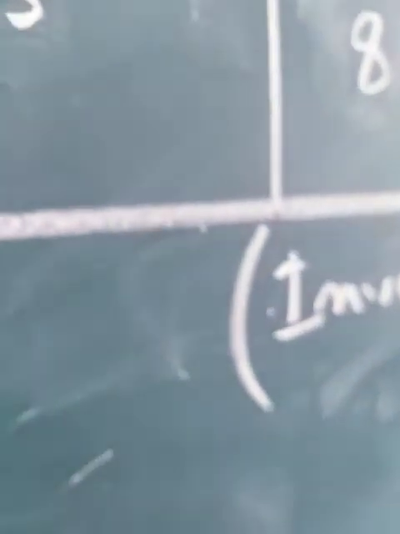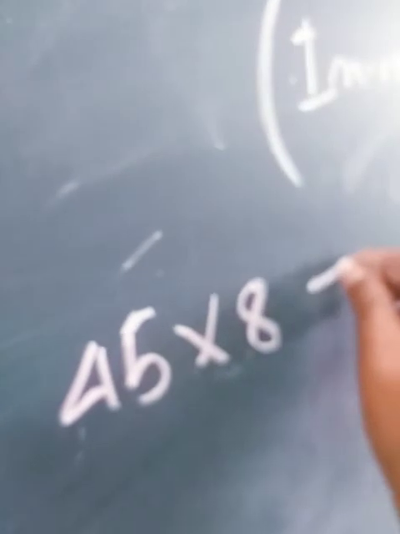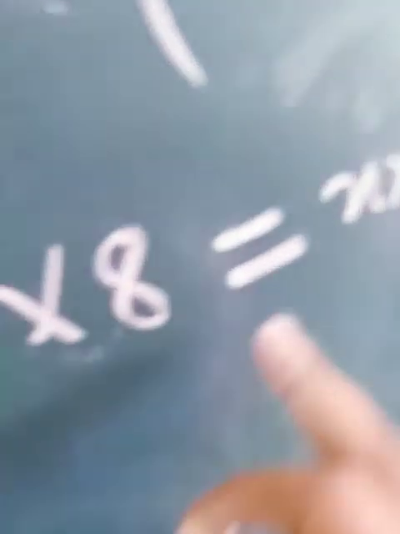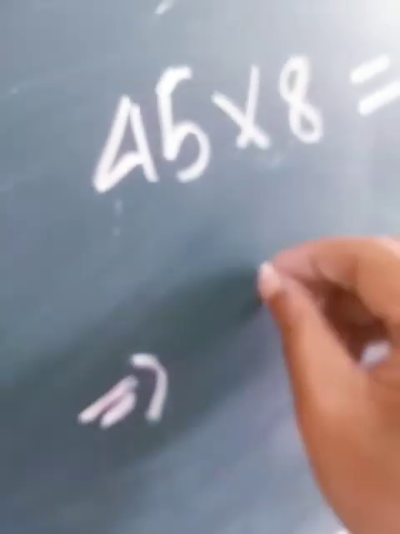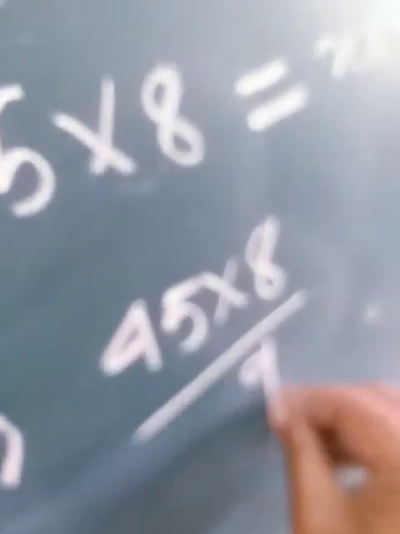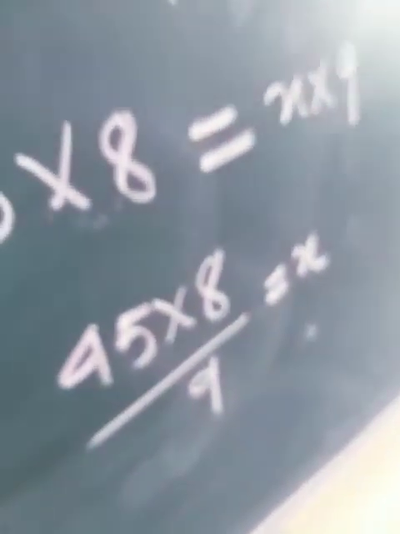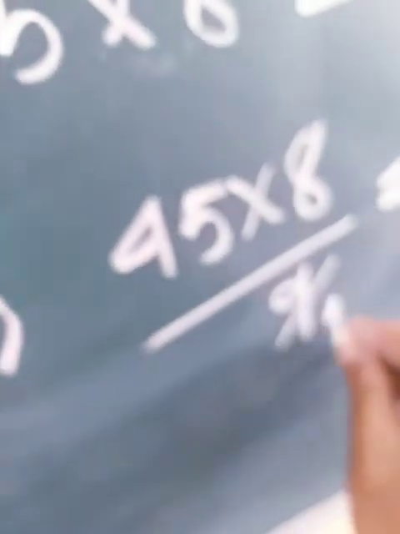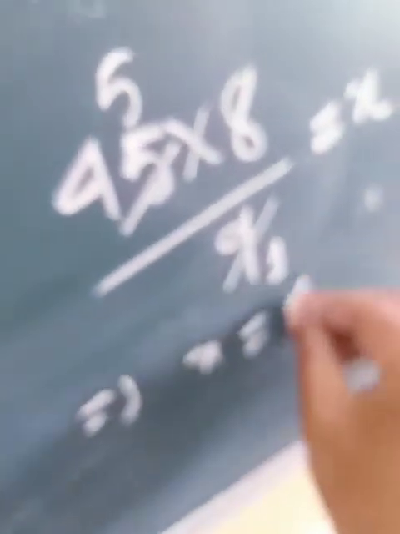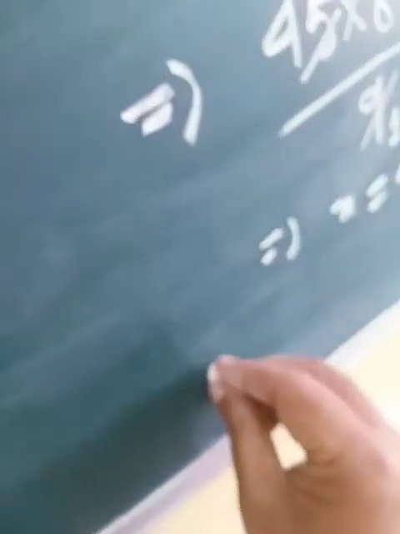Okay, so when it is an inverse proportion, how do we write? 45 into 8, and this would be equal to x into 9. So we have to transpose this 9 to the left-hand side. So it will look like 45 into 8 upon 9, which would be equal to x. Now reduce it. 9 ones are 9, 9 fives are 45. So the value of x is what? 40. So you will write, hence,